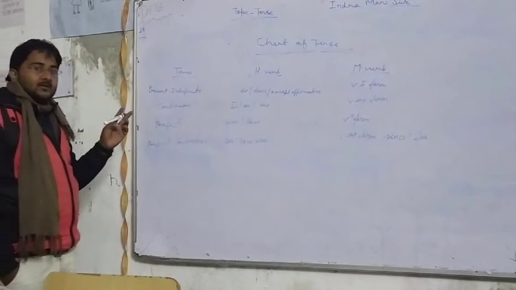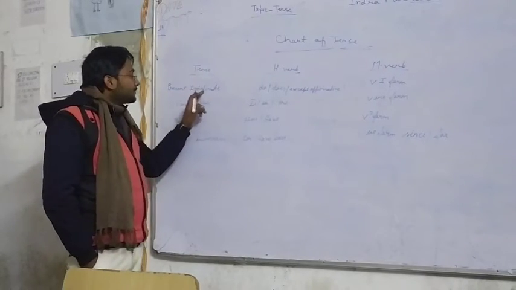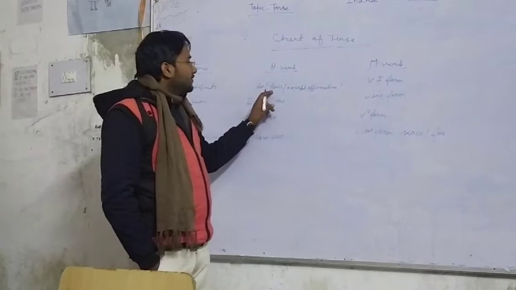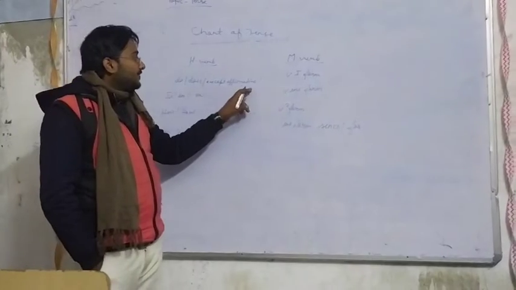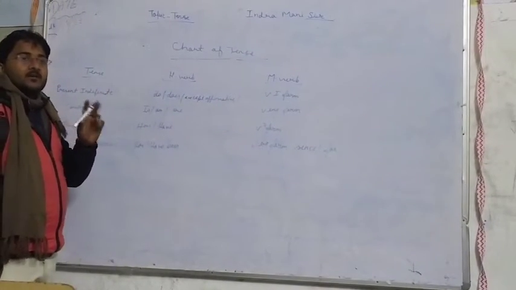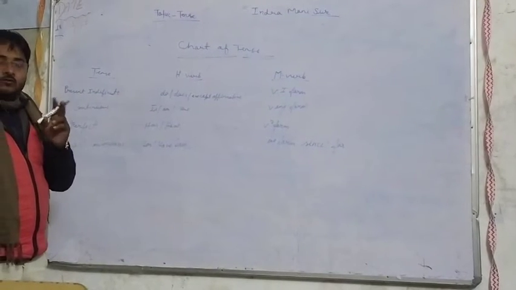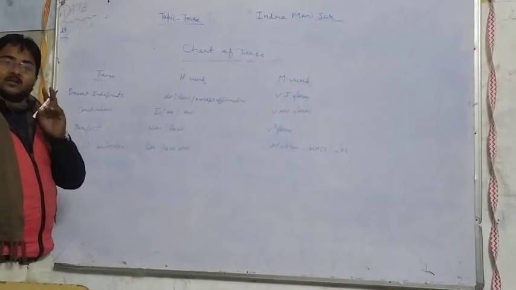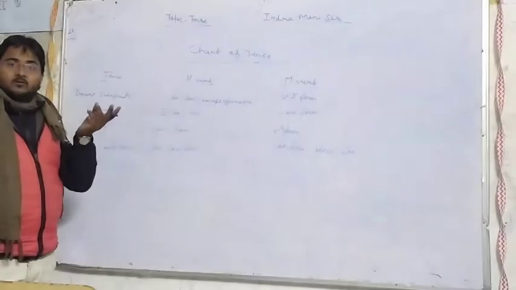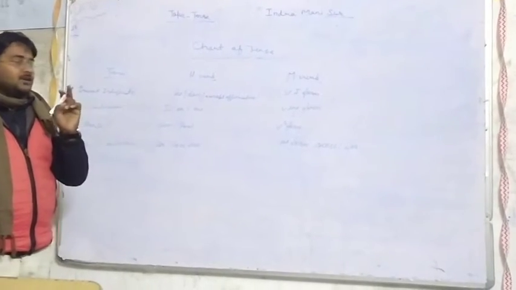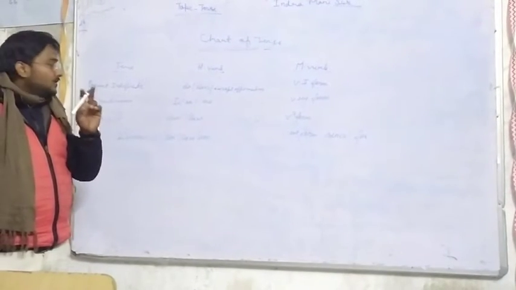So firstly, we start from present indefinite. In present indefinite tense, helping verb do or does is used. Do or does are used except affirmative. Means in affirmative we do not use do or does. In affirmative there is a rule: we use s or es whenever subject is singular, and when subject is plural then we use only verb in first form. So this is the rule, and in note I will give you written.